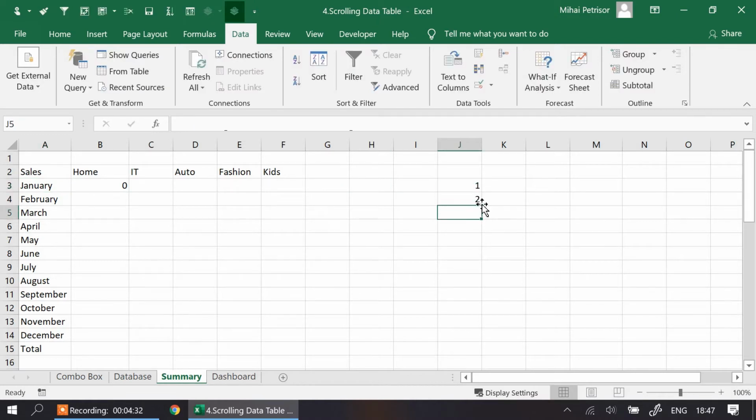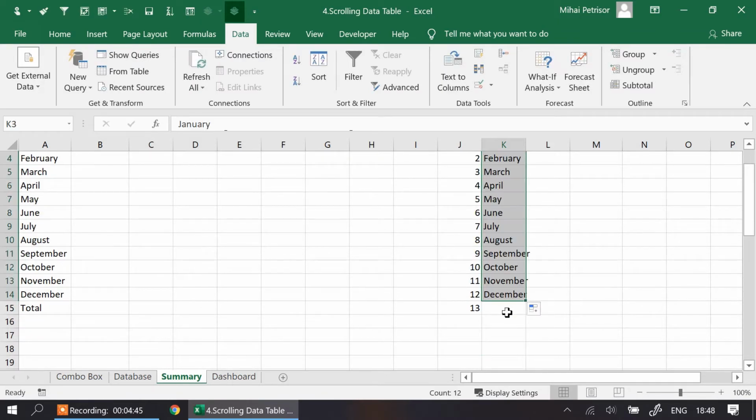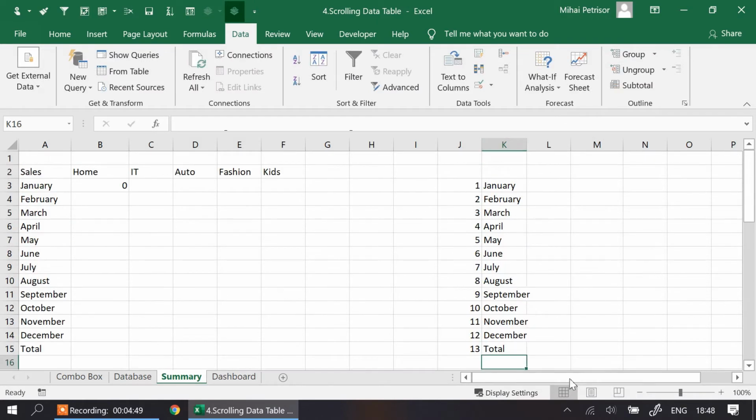We have 1, 2 till 12, and I will add 1 for the total. So we have January, and there till December, and here we have total. So first list it's created. Now